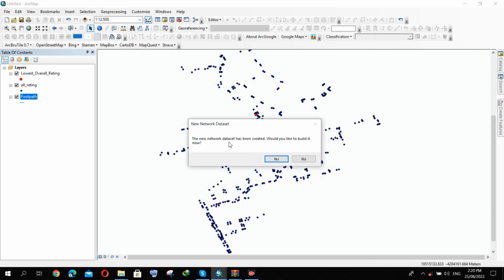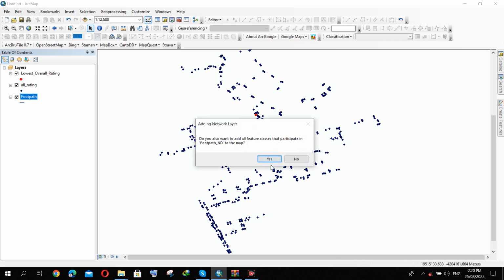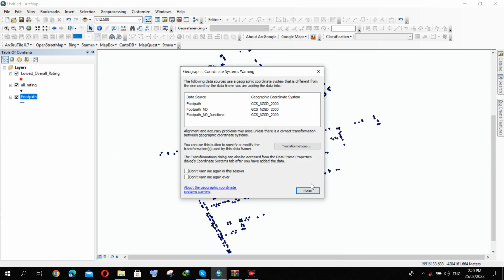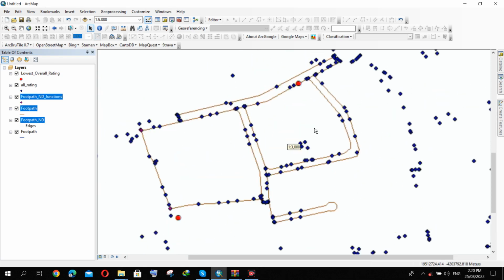The new network dataset has been created. Would you like to build it now? Yes. Do you want to add all the feature classes? Yes, I want to add them. It converts everything back to the normal coordinate system. Now I have it. You can move this down just to have this as well. Now, as you can see on the drawing,